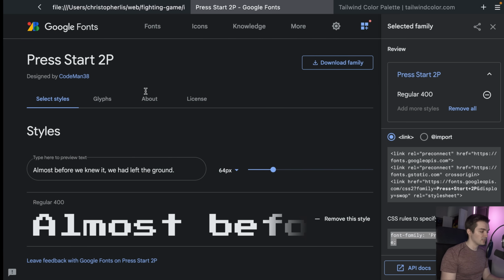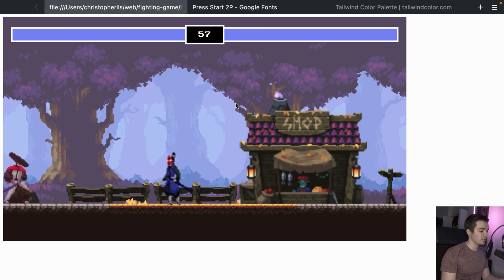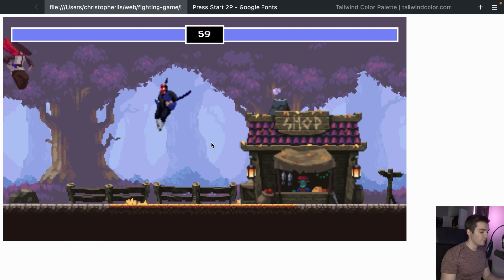So if we save this and then go back to our game and refresh, now we have that really cool font in place where we have that 8-bit styling. And you can see even when we get rid of Kenji or Samurai Mac, we have that font in place as well, so great. Now I think the very last thing I would do to finish up this game is